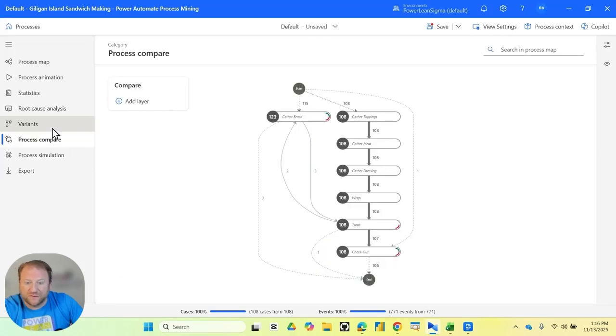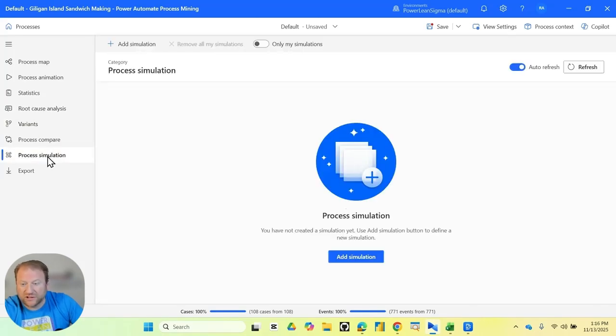And we can do the variance, process simulation. This is where we can say, hey, look, let's make a change to this process and then run it. And what does that do? We already have the data. We can see it. So before actually making the change, you can show them what that change is going to do to your process. It's a very powerful tool. We got a lot to show you in this